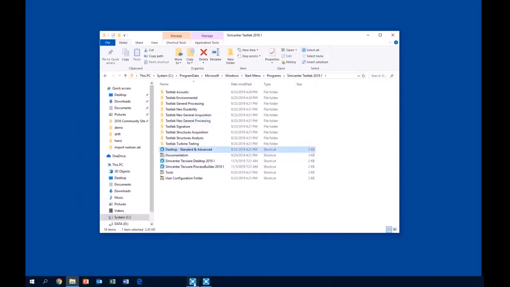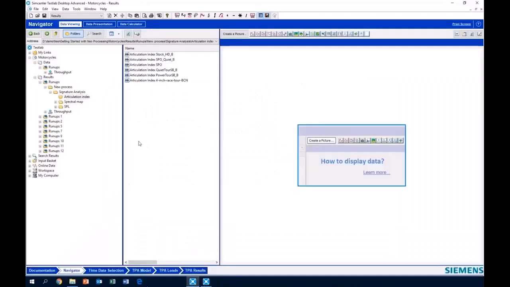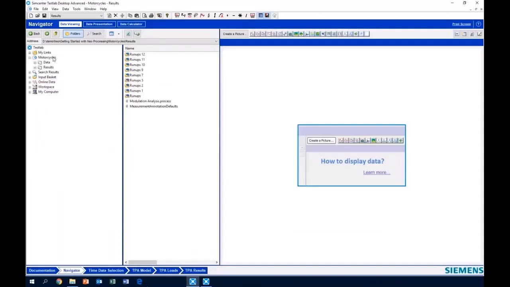If I come in here and I start up Test Lab Desktop Classic version, got a project here called Motorcycles, and I'm going to just show a few things that with Neo, kind of set up the stage, if you will, a little bit. A few things in Neo that we improved upon based on customers' experiences in Test Lab Classic.